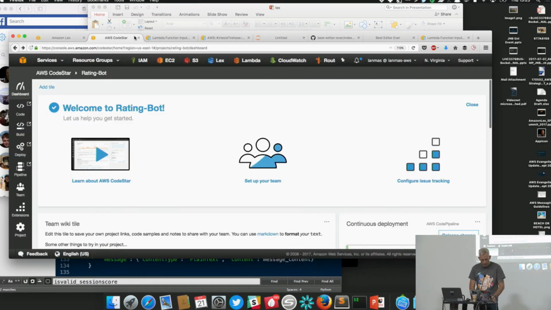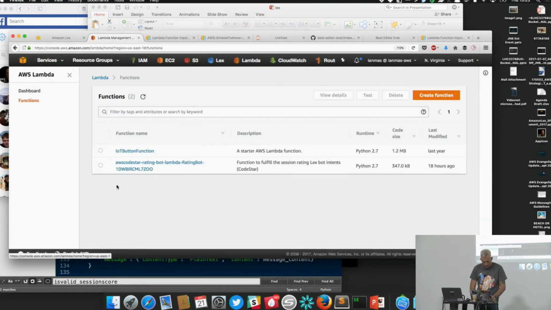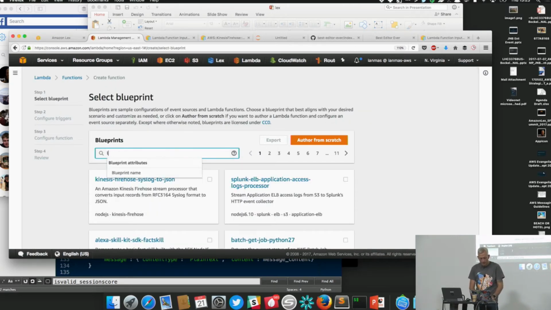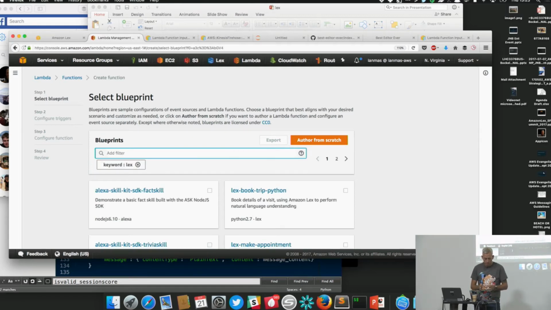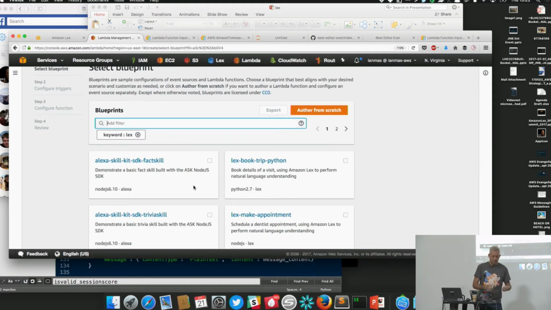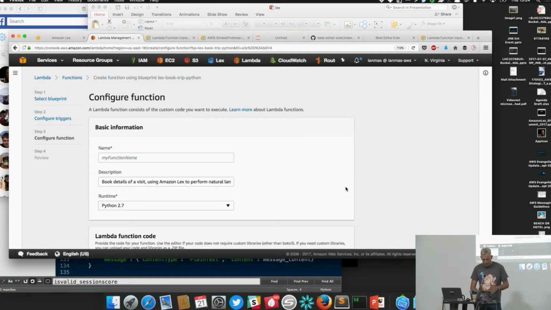While we do that, we're going to jump into another AWS service, which is AWS Lambda. And over here, we're going to deploy a new function, okay? So we're going to deploy a new backend function. If you're not familiar with Lambda, which is our function execution service, there are a set of templates available within Lambda when you're creating new Lambda functions. There's actually a lot of them for web applications, for APIs, for Alexa skills, okay? But there are also templates that correspond to these demo Lex functions that I was talking about before. So if we deploy Lex book trip Python into our account,